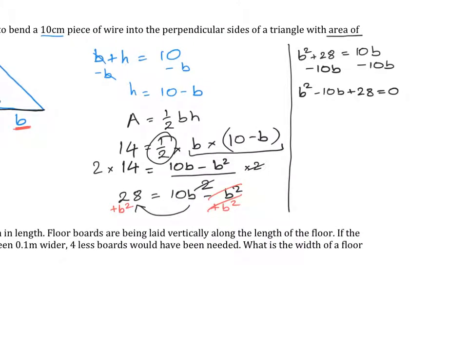So we've got to try and solve this equation. I can't think of two numbers that multiply to 28 and add up to negative 10. So let's use the quadratic formula. b equals... now we've got the unknown as b, and also in the quadratic formula we use b, but that's the coefficient